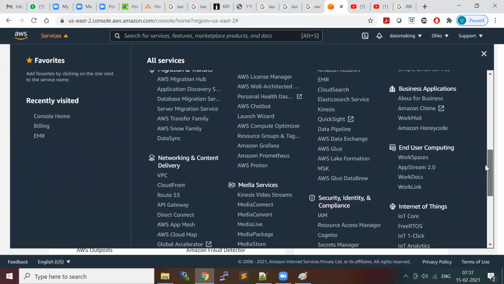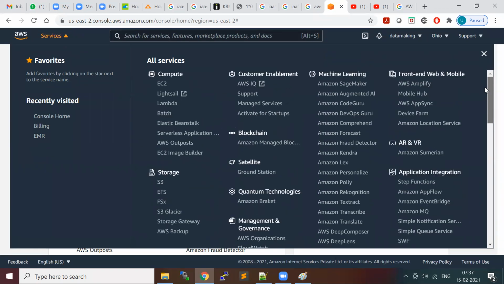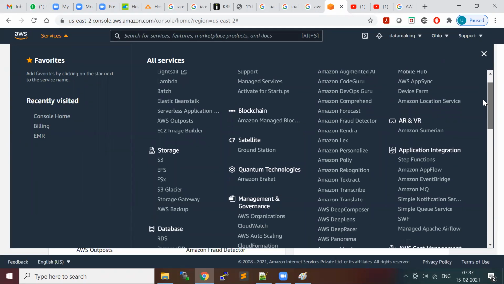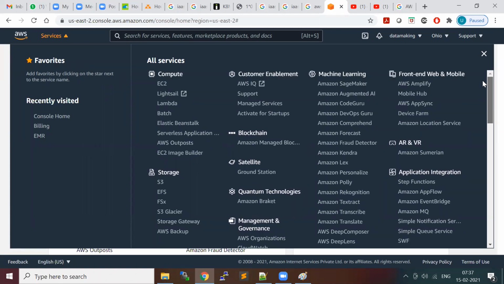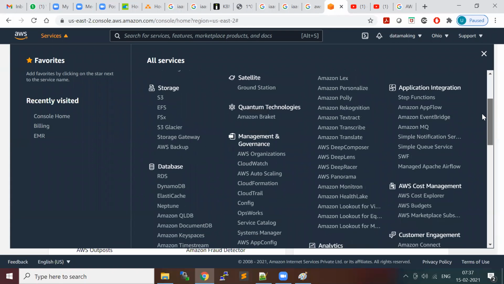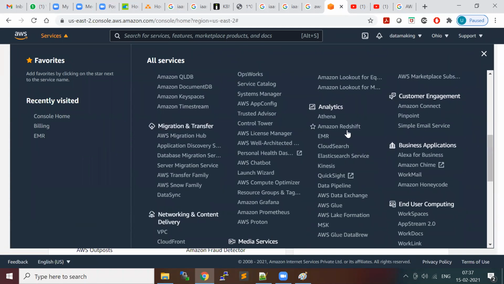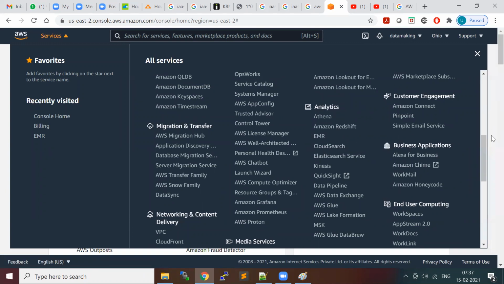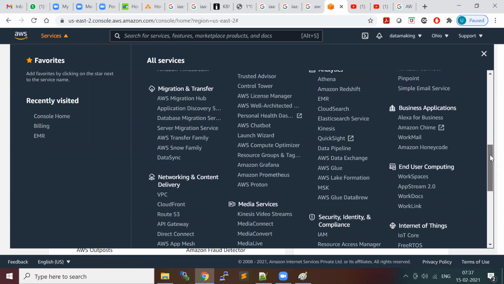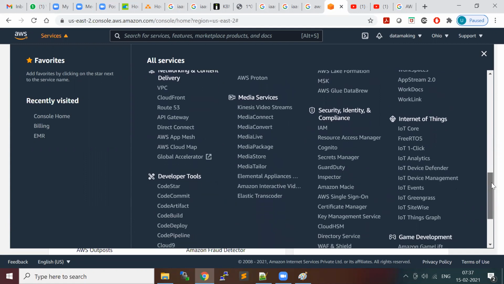I have worked mostly on EC2 instance and Lambda. I have not tried Lambda, but I know a few things about it. I worked on S3, and when it comes to analytics, I worked on EMR. There is Athena; I just did little things but not much. EMR is the one I worked on mostly. And there are in IoT